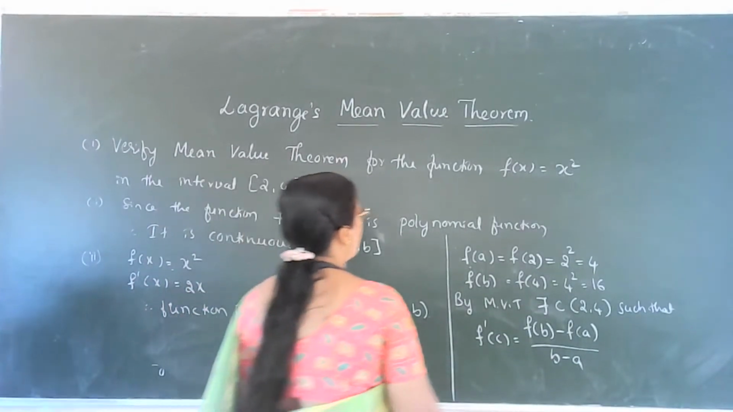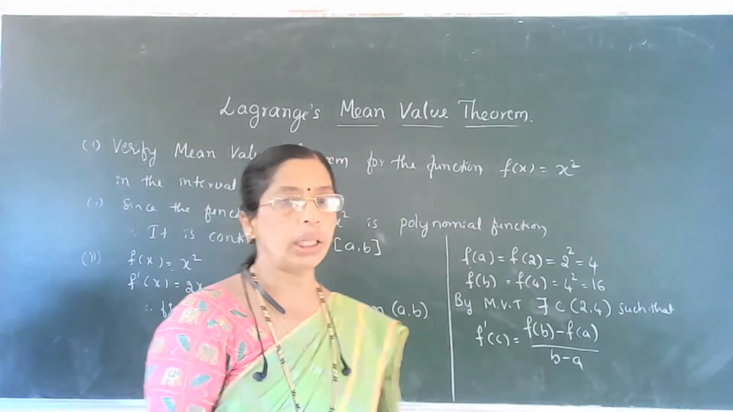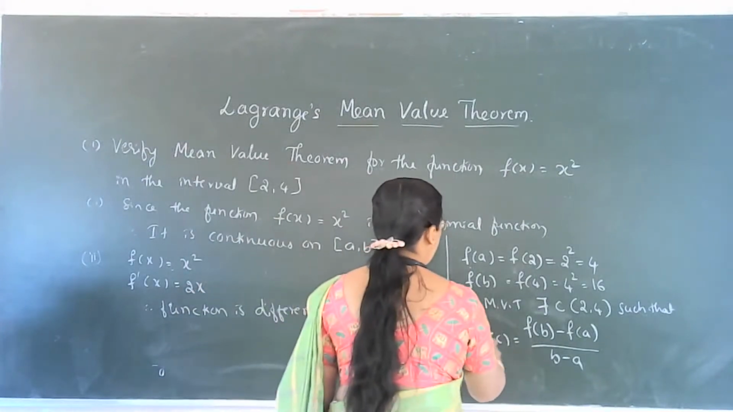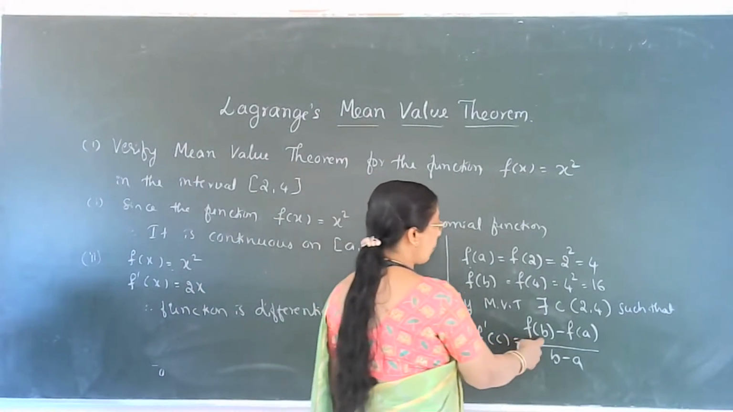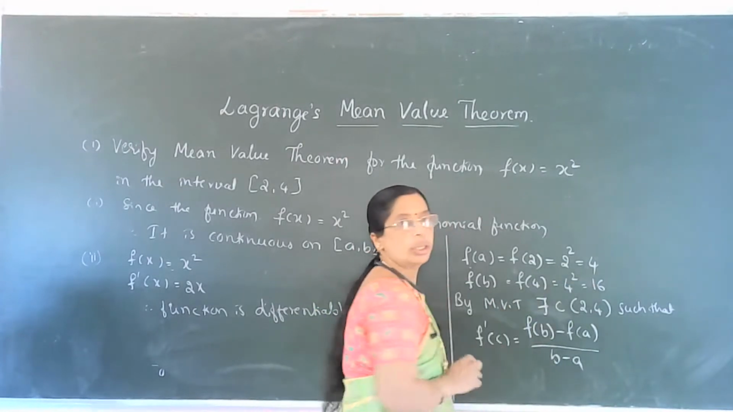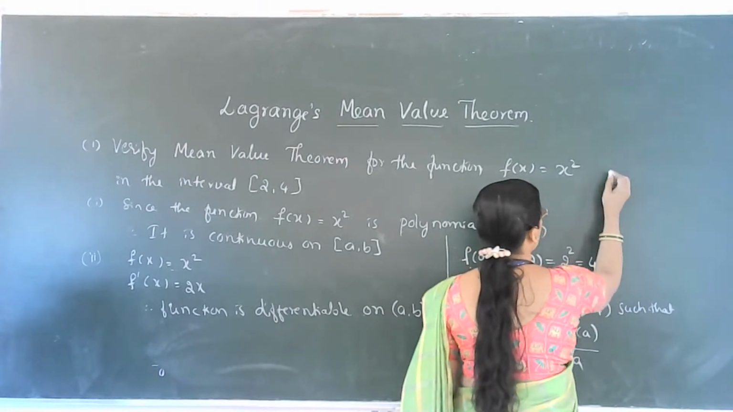In Rolle's theorem, we need f of a and f of b to be equal, and then only we find the value of c. Here, f of b minus f of a divided by b minus a is not equal to zero. Then f dash c is equal to